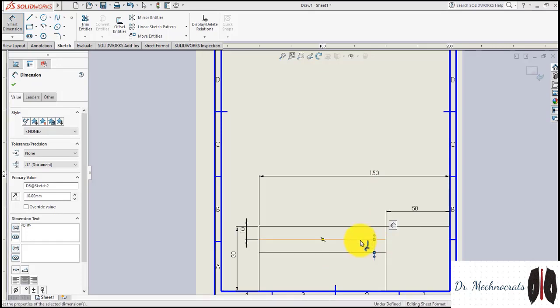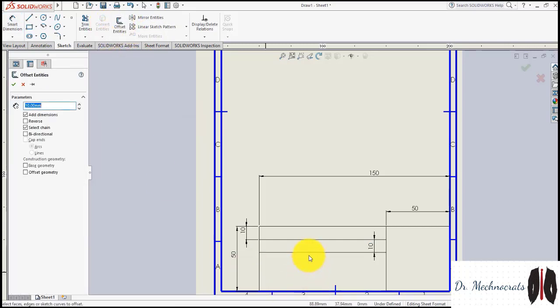Or see, now I am using the first command. If you have to draw the symmetrical lines, just click on this offset entities, click on this line, right? See, the yellow line will begin. There will be a yellow line, we want it in reverse direction at a distance of 10 mm, and then just click on this green icon, right?